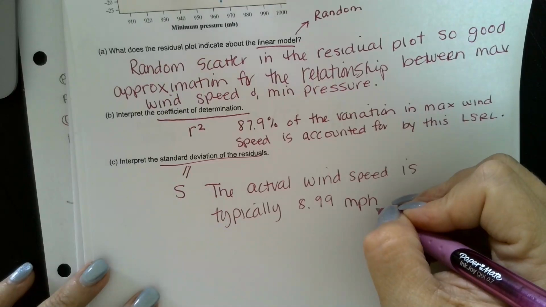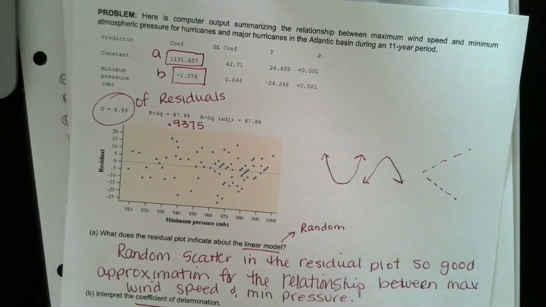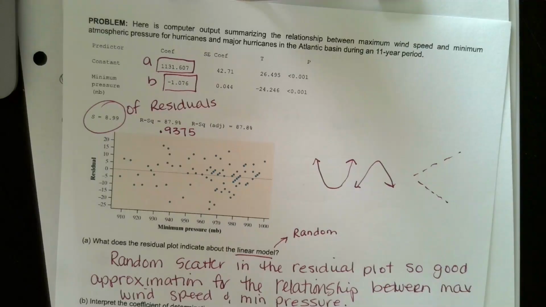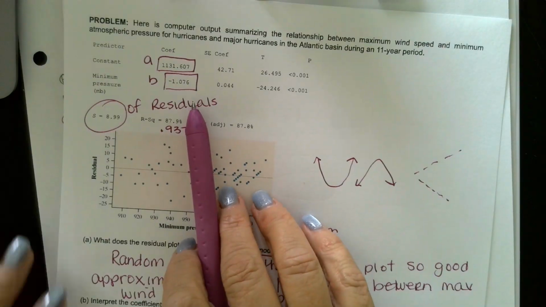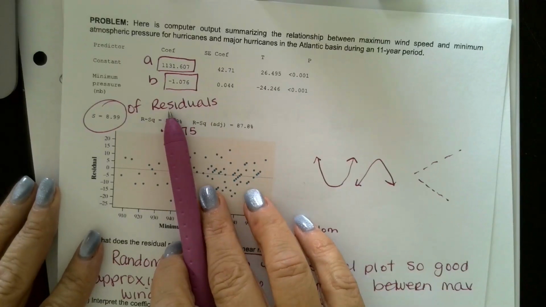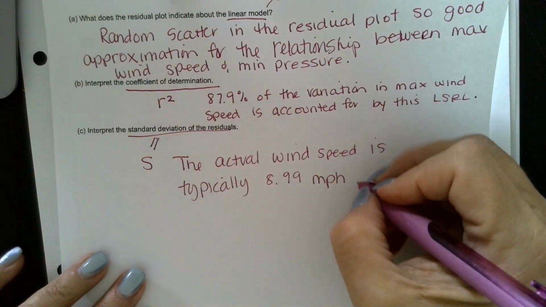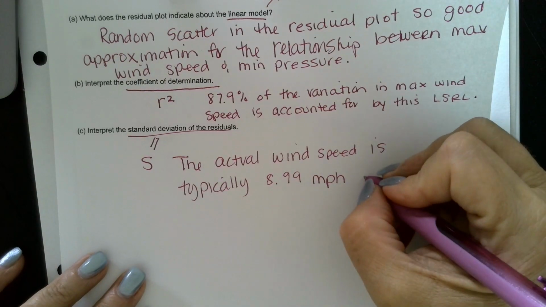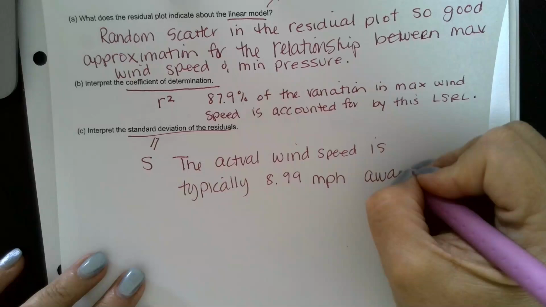So miles per hour. Why do I say miles per hour? Let's make sure I understand this. I don't have miles per hour, that's minimum pressure. I'm going to assume miles per hour. I'm going to put that unit on there, miles per hour. So actual wind speed is typically 8.99 miles per hour away from